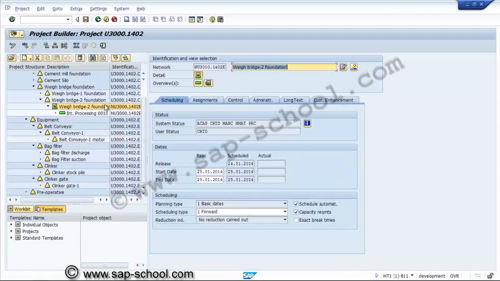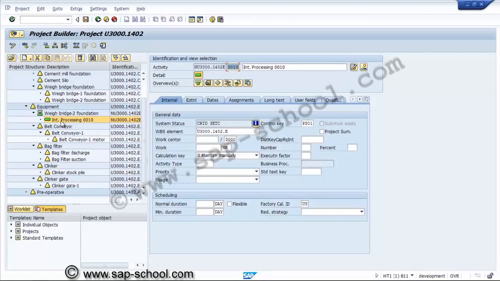This network has been assigned to the civil WBS element, so we can take it back to equipment, and the activity also we can reassign to some other WBS element.